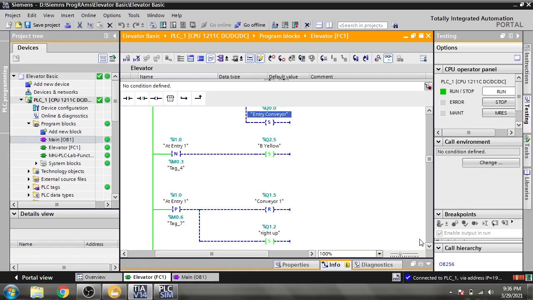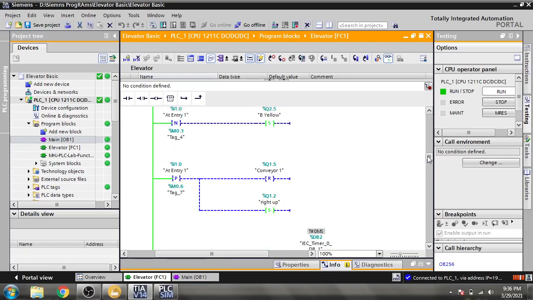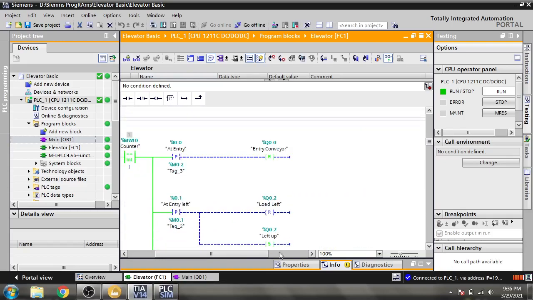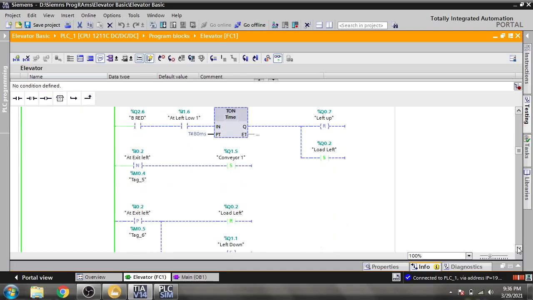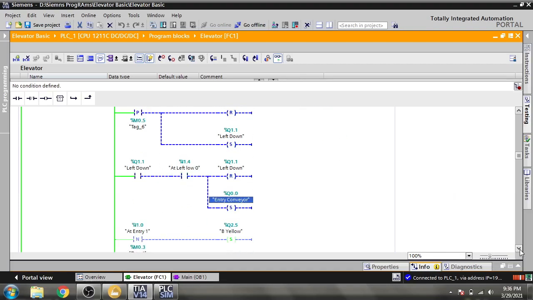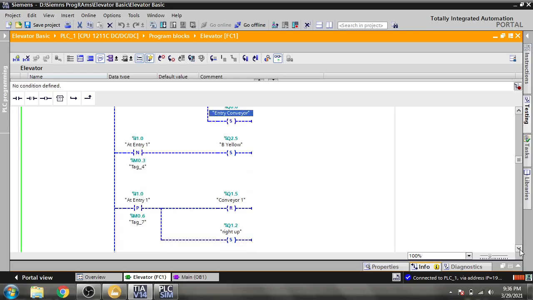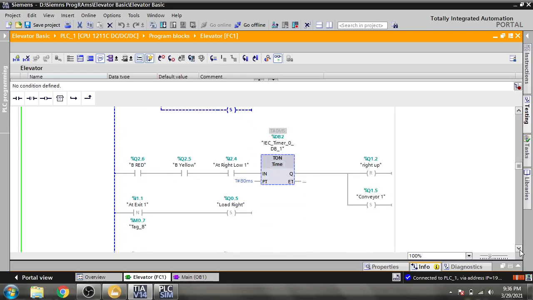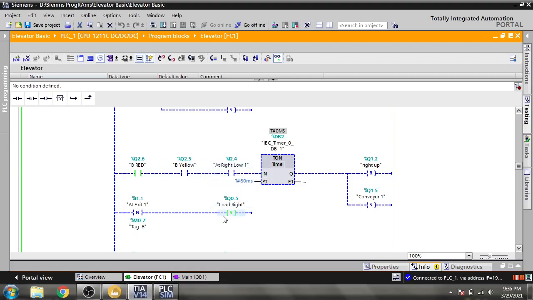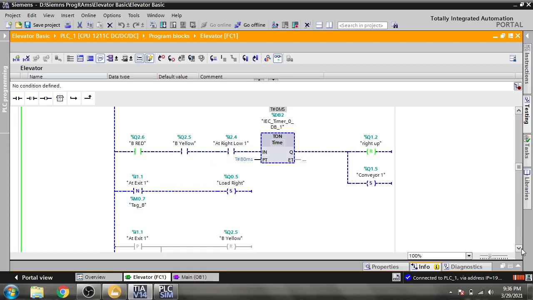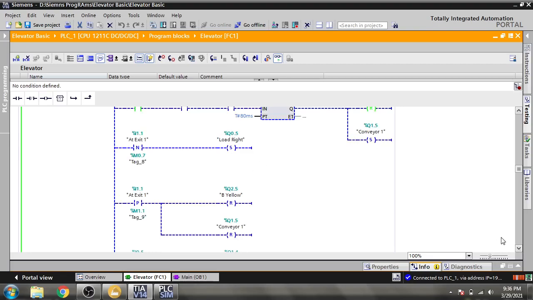Now I am going to show you. You will see it will reset. So both programs are the same, but you will see that at load left it will reset our right up, and set load left. So at entry it will set our B yellow entry 1. So this is for right, means it's for our right one. So that is the logic for that one. At the same, at exit 1 you will see set load right, everything is the same.